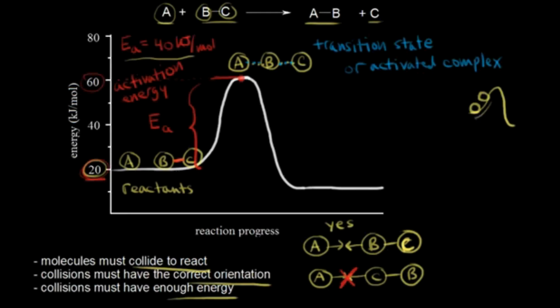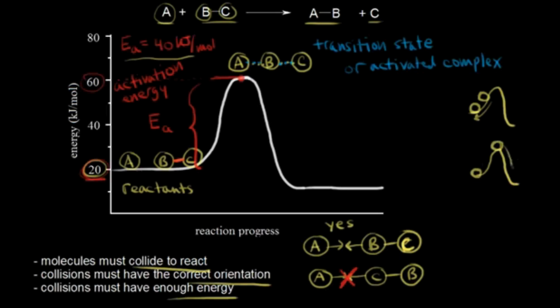Here, the ball is going to roll back to the starting position. So that's like thinking about having not enough energy and the molecules just bouncing off of each other. But if you have enough energy, so if you're starting out with the ball right here and you have enough energy to bring the ball to the top of the hill, so just barely to the top here,